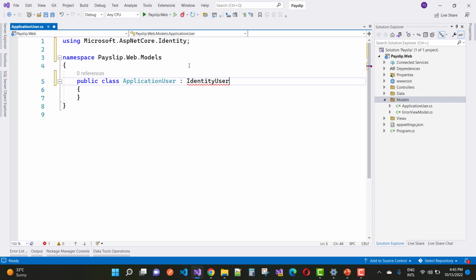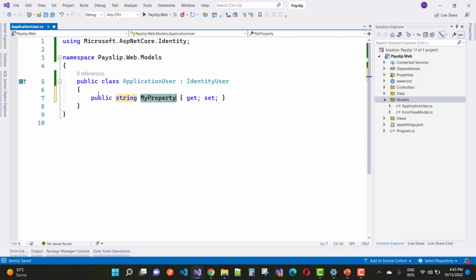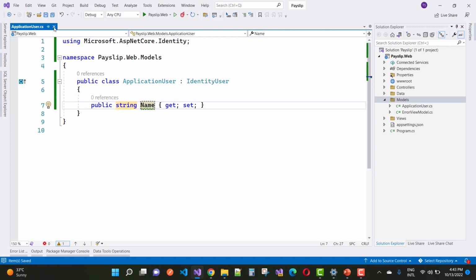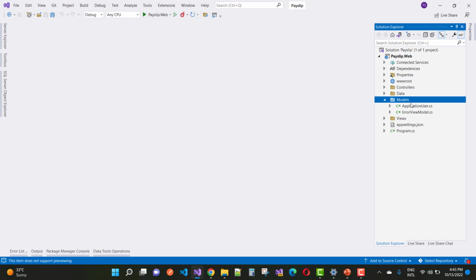So here we have the IdentityUser class, and if you want to add types, there is an easy way. So in the ApplicationUser class you can add the default property, string type of Name. Okay, that is the employee name. Okay, so here we have an ApplicationUser,